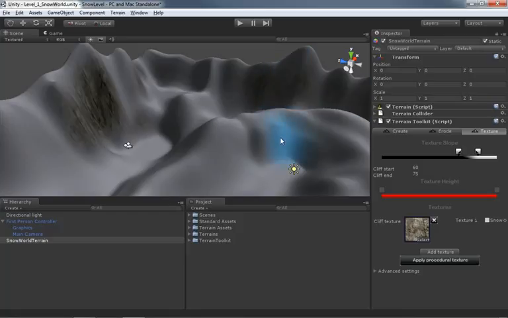Now, we do need to make some changes here because I'd like to see a lot more of this cliff face showing up. And to change that, we need to come up here to the top where we see texture slope. This controls how we go from our cliff texture to the combination of all of our elevation textures. Right now, we only have one elevation texture, being just our snow layer. But as I mentioned previously, if we wanted to, we could have like a sandy beach layer, and then at a higher elevation we move over to grass, at a higher elevation we move over to brambles and a forest floor, and then higher above that move to rocks, and above that move to snow. We have up to 5 layers that we can stack if we want a whole lot of different elevation variation